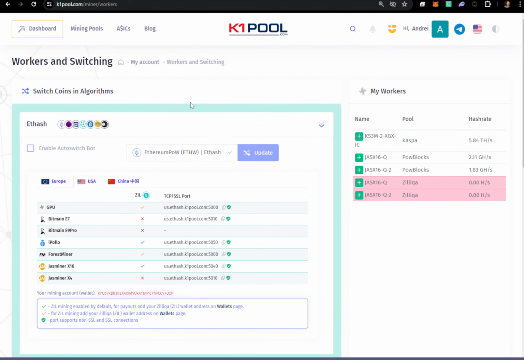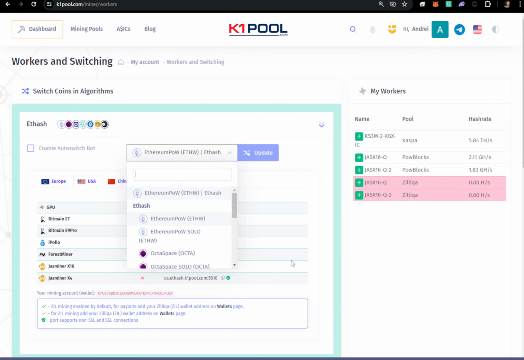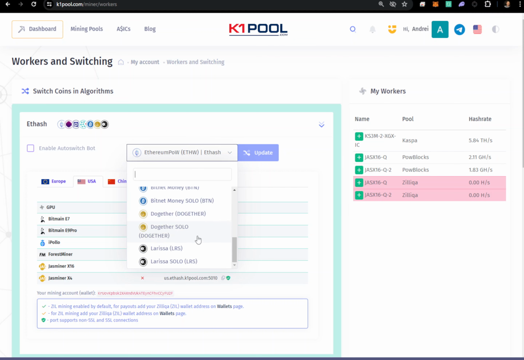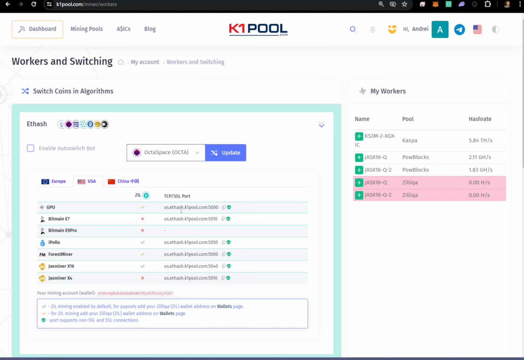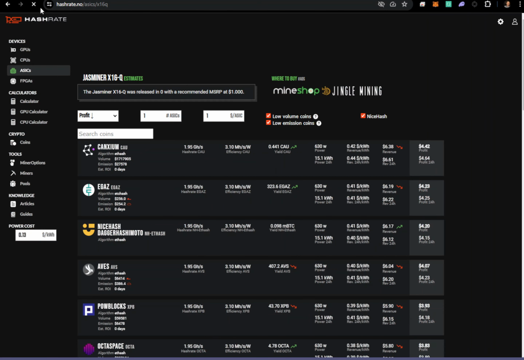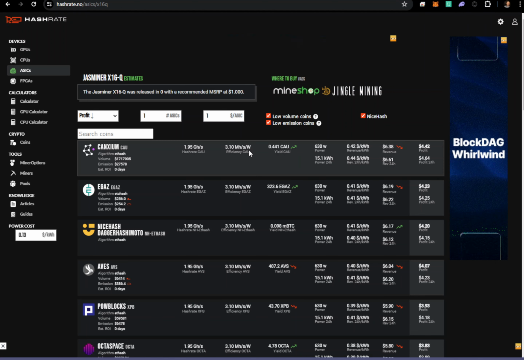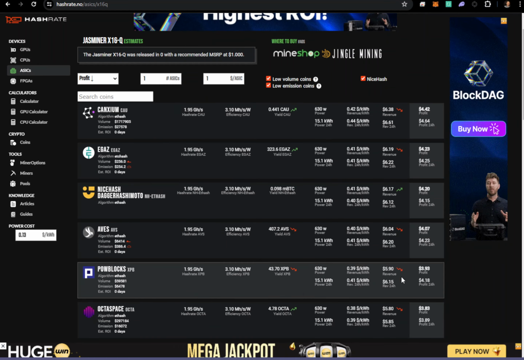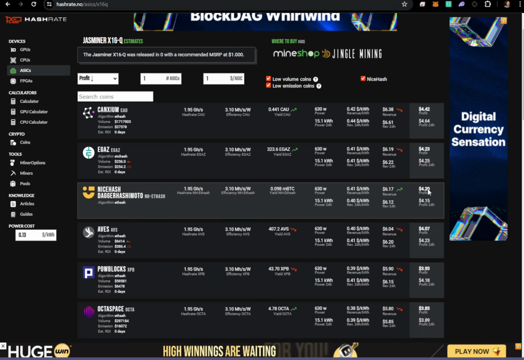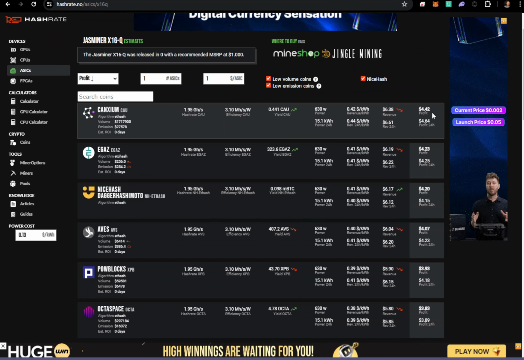So now let's switch this. Right now we set on the power blocks, so let's try something else. Well, let's try Octaspace. I never tried Octaspace, so let's try it. Boom. We can check which coins are most profitable for X16Q as well, and we can also set that after switching. Very nice feature. So we could see power blocks are at profit 393, and about 50 cents more is on